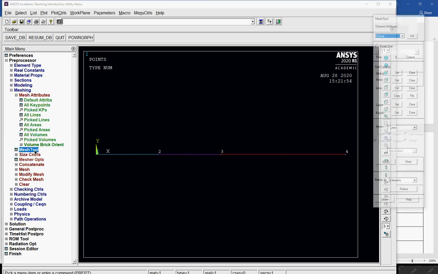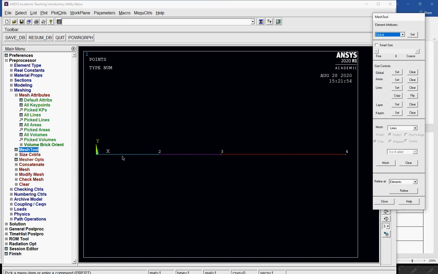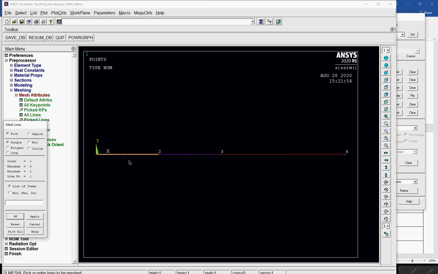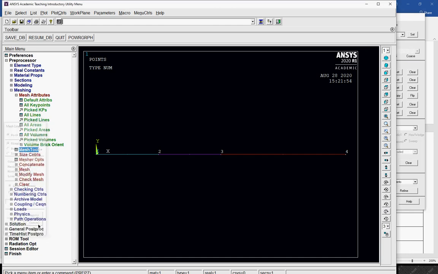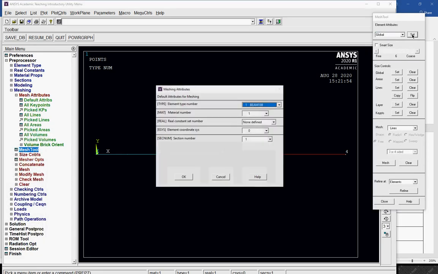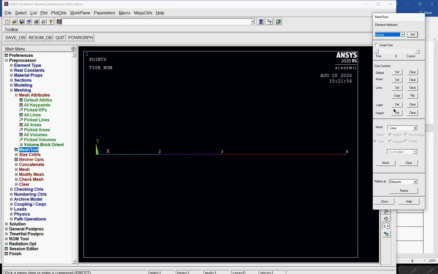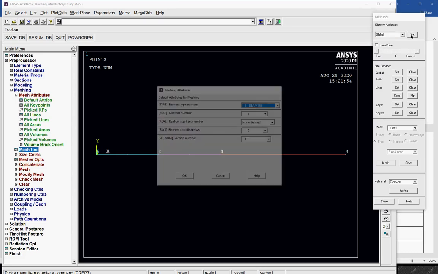So I go with the mesh tool, a global meshing. I click on mesh, then select the first line, second line, and third line, but I did not specify how many elements, so I cancelled it. Global set at the top. Then where is size?